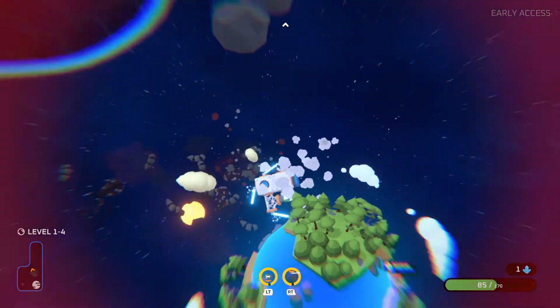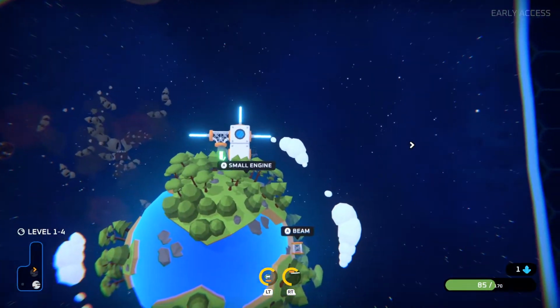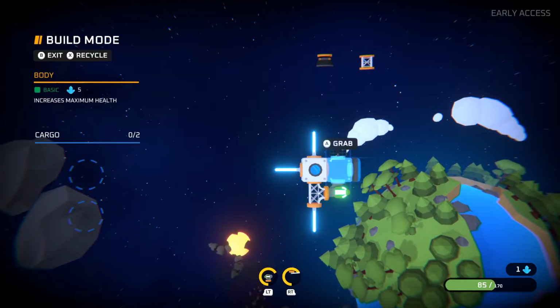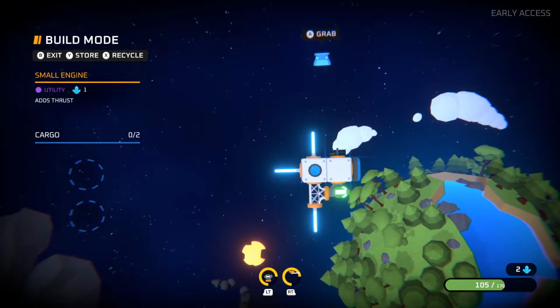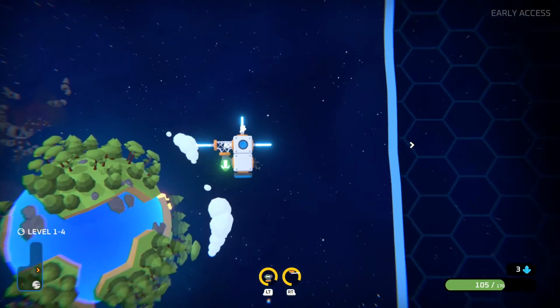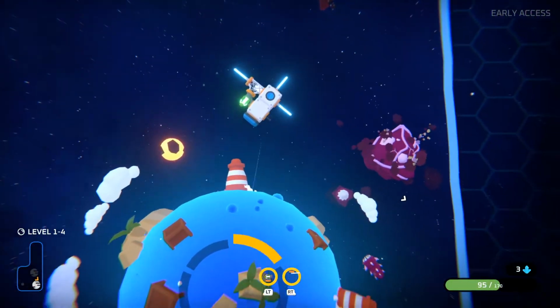Oh, this game is so hard to control. It looks easy, but it's really not. It's really difficult. You have to turn your ship the right way. Small engine adds thrust. Can we build thrust anywhere? We don't want that. We want... Oh, I think I recycled the wrong thing. Oops. Alright, let's try this. Oh! What's...